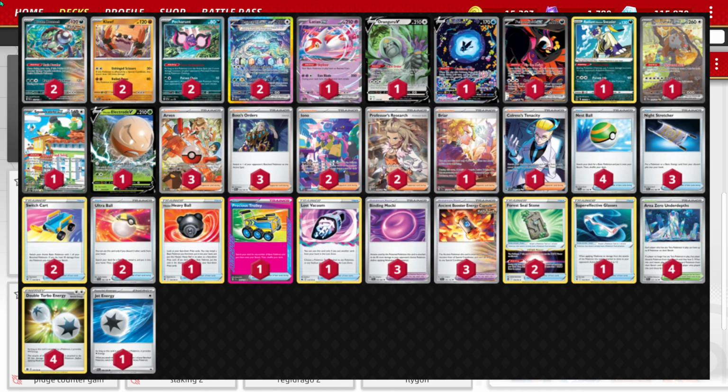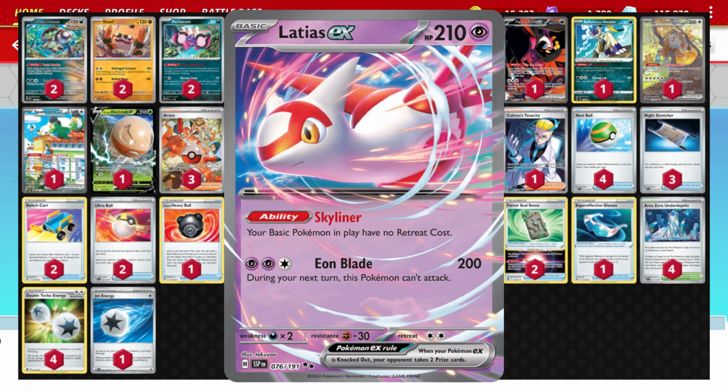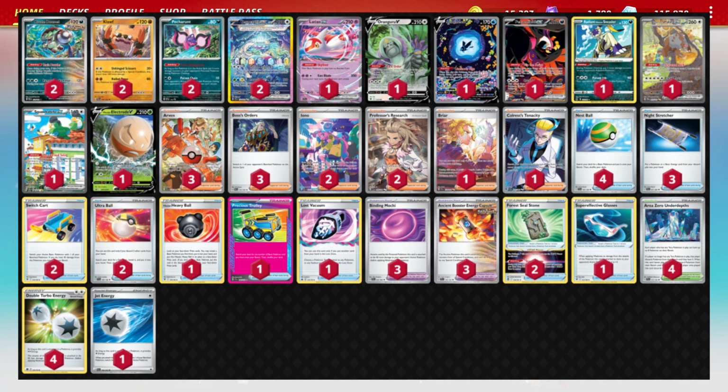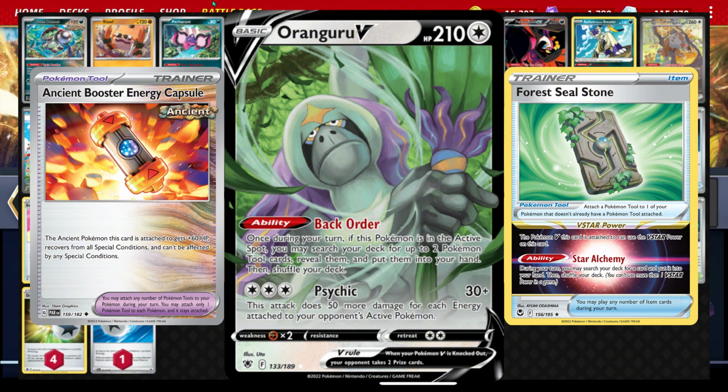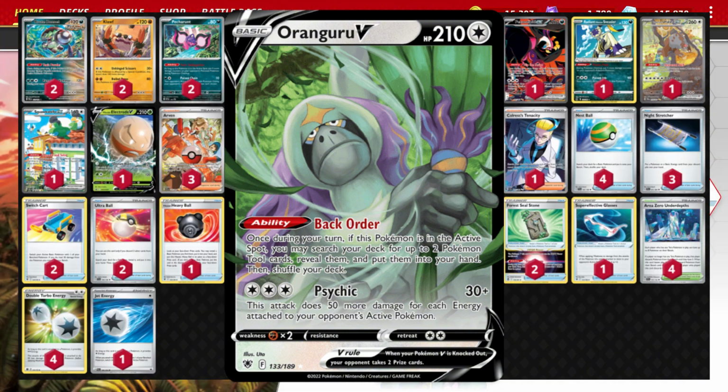And now for the support Pokemon, first we have the Latias EX, gives all of our basic Pokemon free retreat. We have a lot of Pokemon with large retreat costs in this deck, so that can definitely be useful. Oranguru V, if it's in the active, we can grab 2 tool cards out of our deck. The first game will show why this card is really good in the deck, but it also has an attack